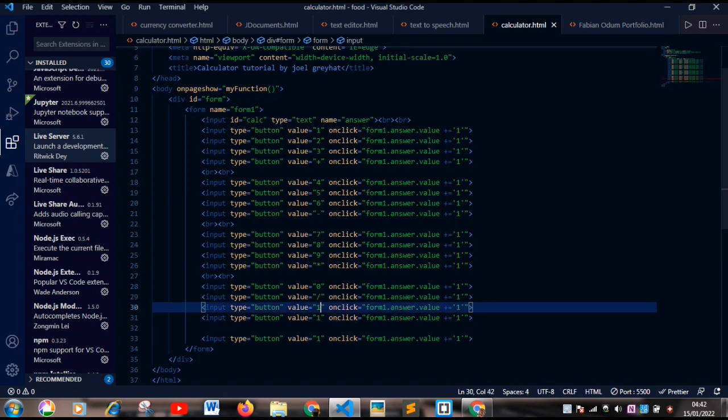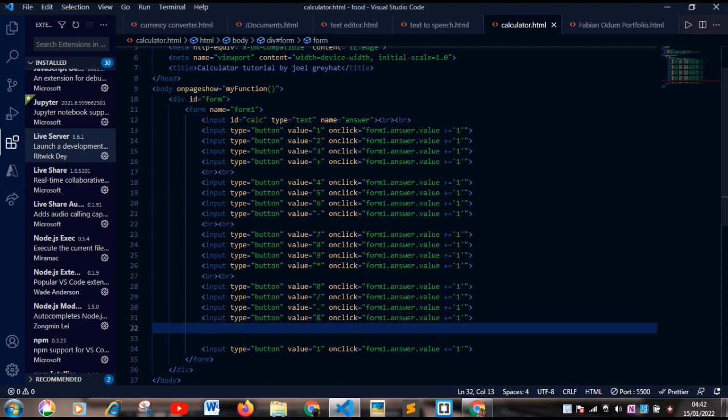We want to add our and symbol. Before I forget, we are going to copy this one more time and paste it right here. So we're going to change the value of this to equal to. I'm going to repeat the same step for this place. 2,